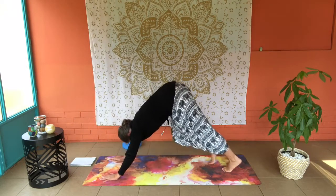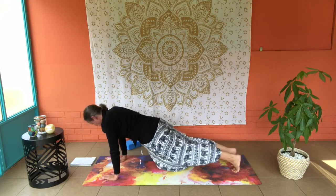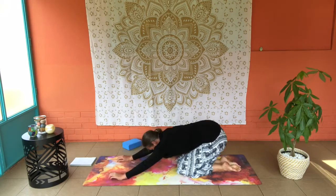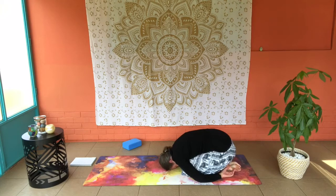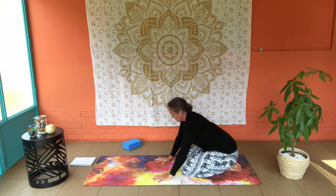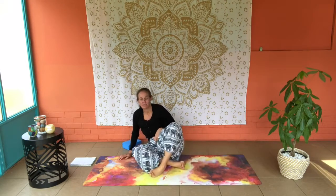Slowly walking your feet back into a plank pose. Taking a moment here, pressing into plank pose. And then dropping the knees, slowly rolling back into a child's pose, forehead to ground, wrapping the arms around the feet. A few more breaths. Bringing the hands onto the ground, pressing the floor away from you, slowly coming into an easy seat once more,